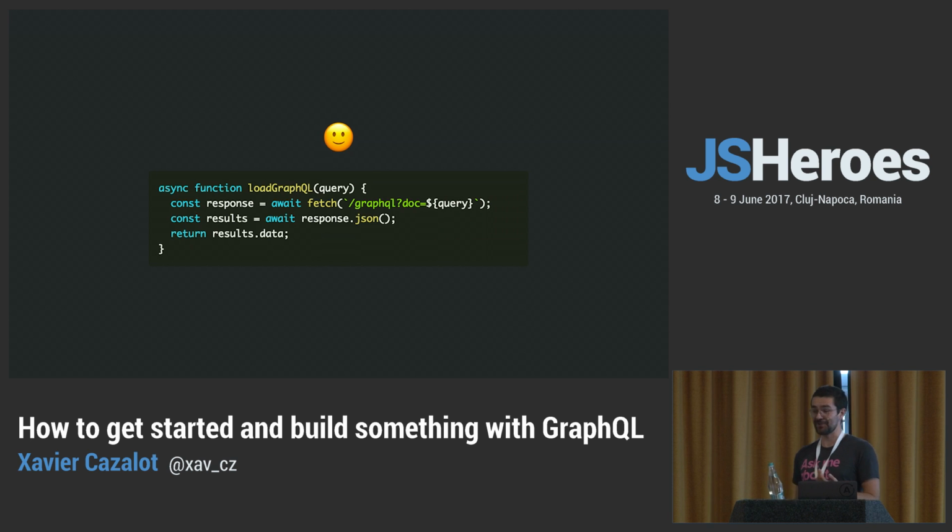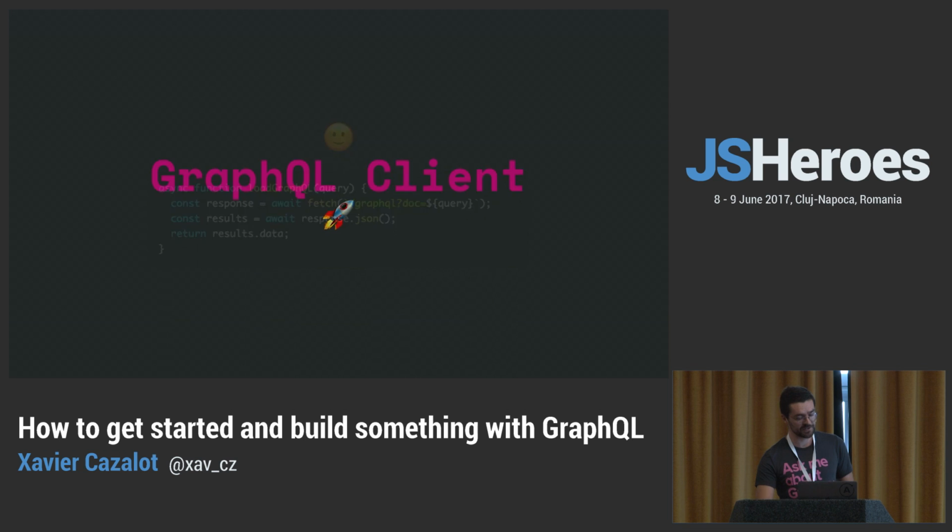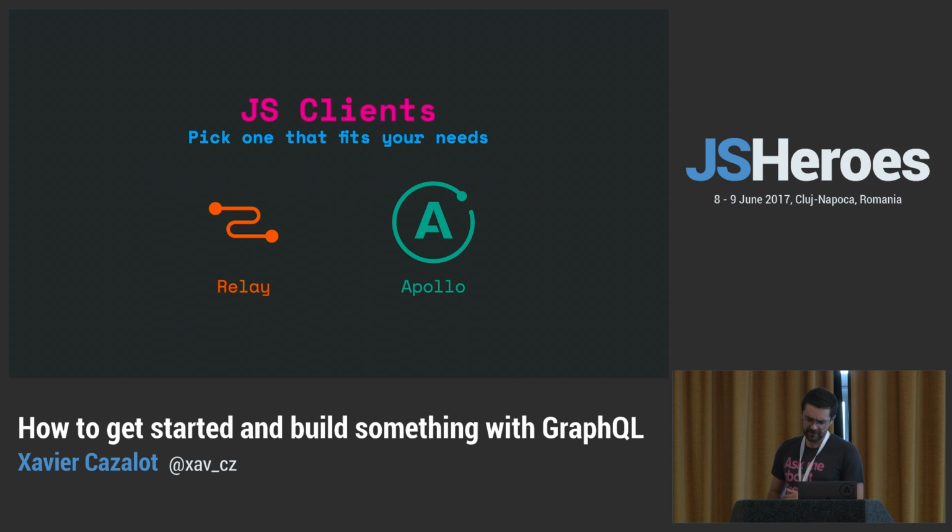The thing here is that we build complex applications, right? And we need powerful tooling behind it. So now that we have seen the server, and how it works with the client, I'd like to introduce GraphQL clients. I picked the two major ones in the ecosystem, one built by Facebook and one built by the community. Relay was built by Facebook and open sourced at the same time as GraphQL 2 years ago. The 1.0 version got released, I believe, at React Europe, a few weeks ago. And the Apollo client, on the other hand, got a 1.0 version released in March, I believe.